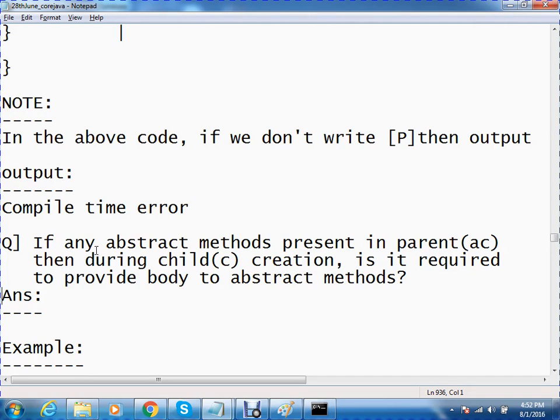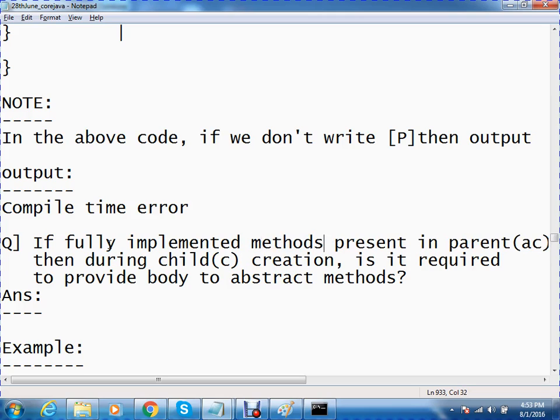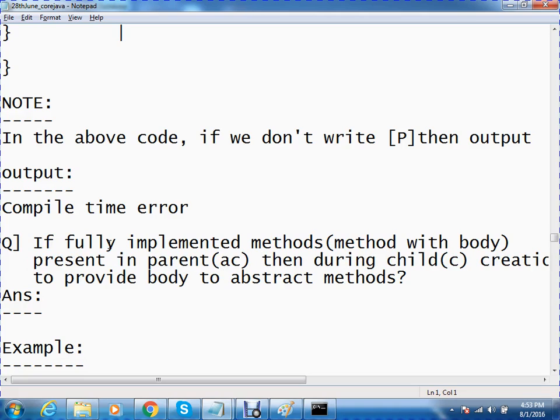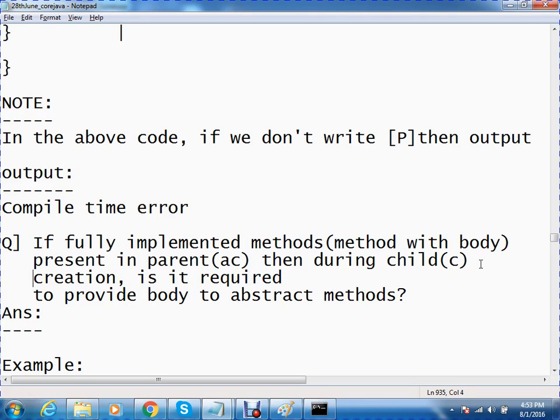If fully implemented, fully implemented method, fully implemented means what? Yes, methods with body. Okay, if a fully implemented method, that is a method with a body, is present in an abstract class, then during child class creation, is it required to